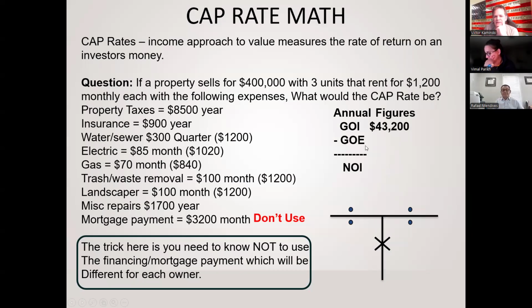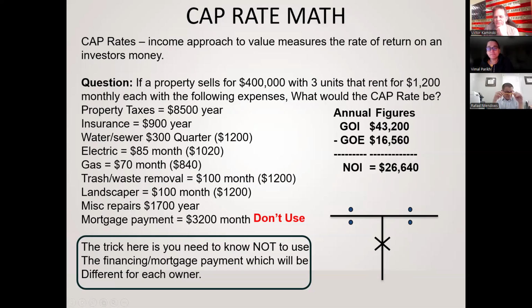Now we need to figure out the expenses by adding up all the expenses, except for the debt service, the mortgage. I already converted them all to annual figures here, and it comes out to $16,560. Okay. So 16,560, the expenses, subtracted from the income gives you a net of